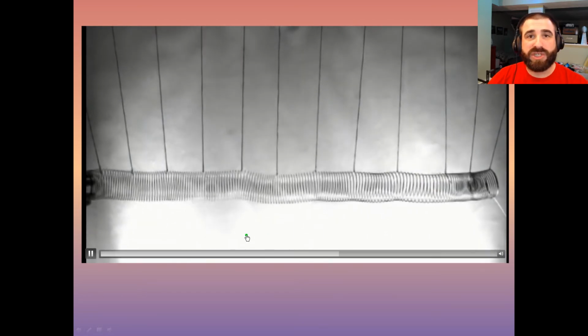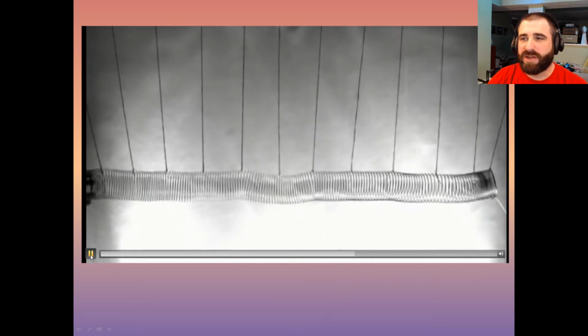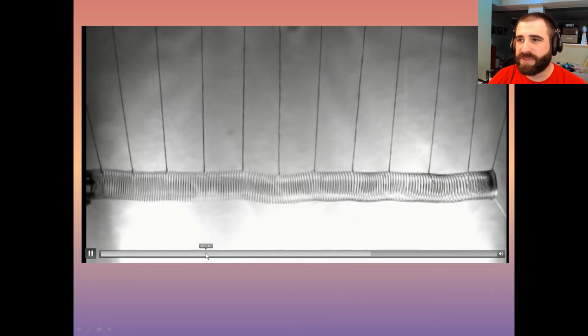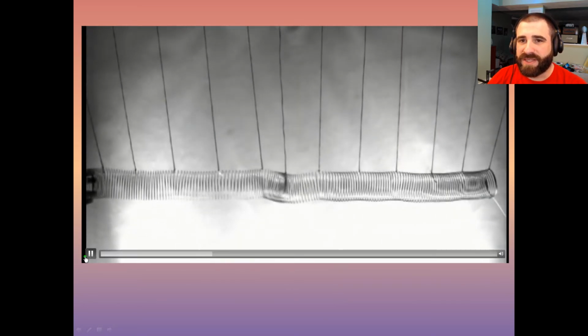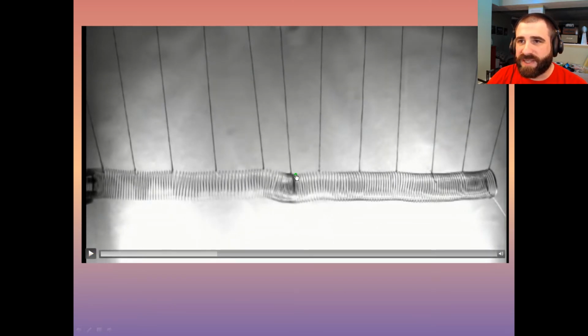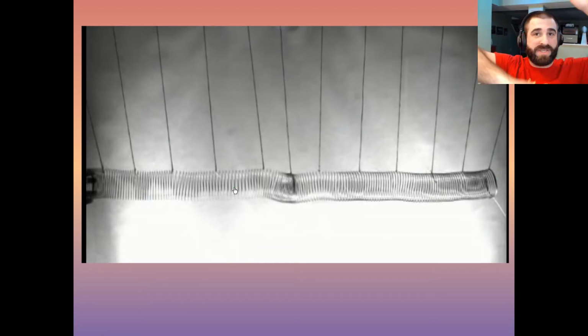Or as that's called, squishies and stretchies, instead of crests and troughs. That is not their official name. We'll talk about their official name in a second. But you can see here, if we pause it, this section here is all compressed together. You can see the normal state of it, and this section here is a little bit more stretched out. With the transverse motion, it's kind of easy to tell the crests and troughs because they're just opposites of each other. These squishies and stretchies, or compressions and rarefactions, as we'll define in a second, are harder